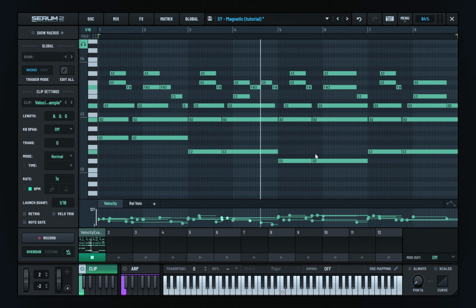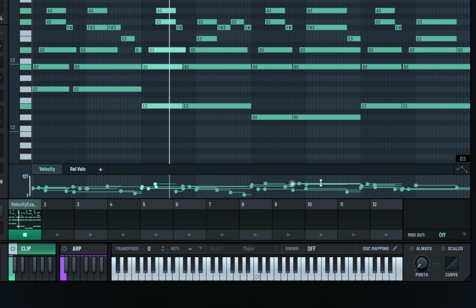Okay, super quick but powerful trick to make any patch in Serum feel much more human in genuinely just 3 clicks. First, let me show you what we're working with. So we've got this kind of keys patch, and you can see in the MIDI down here, we have all